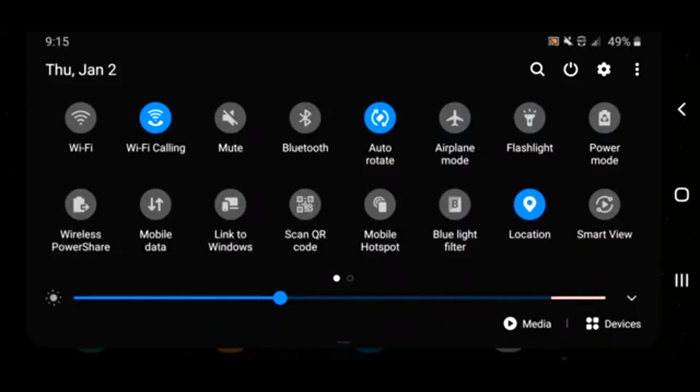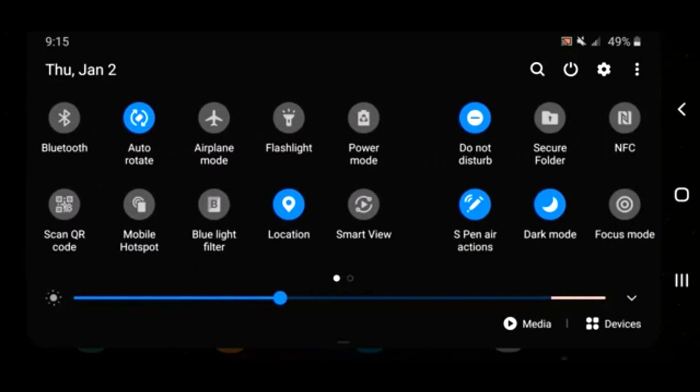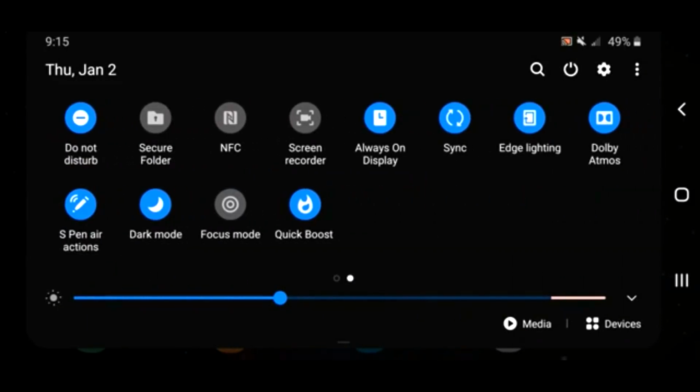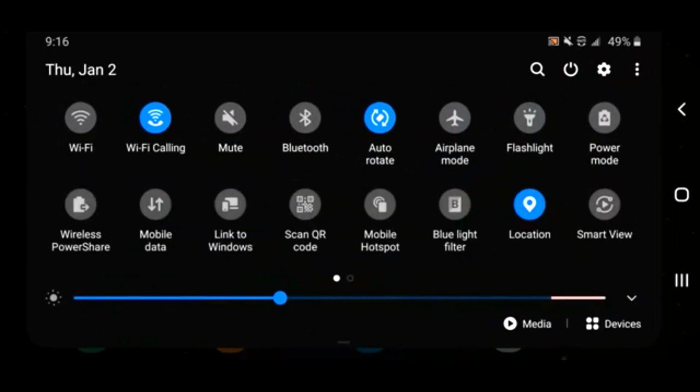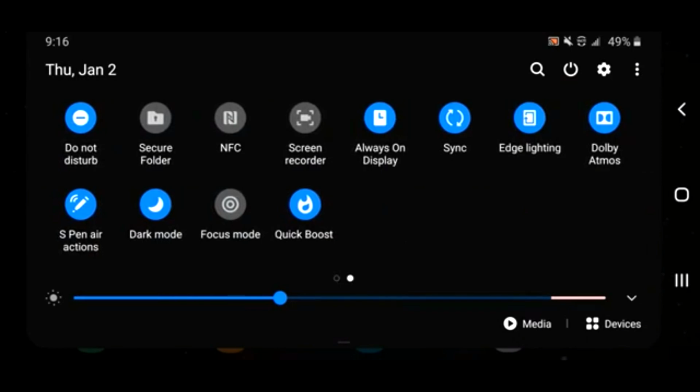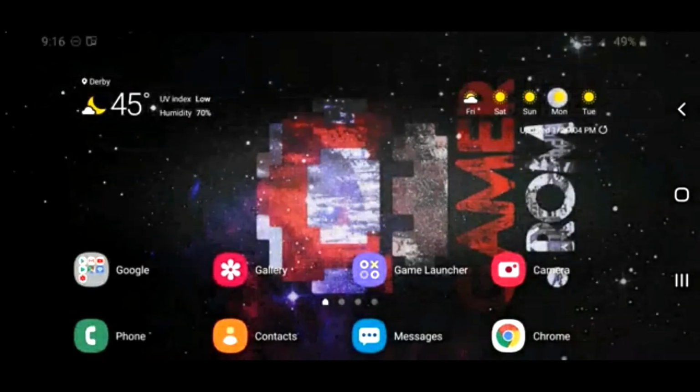The second thing I wanted to show you guys, something really cool, is that if you move all the way to the second page of your quick tiles, you're going to see two new modes that show up, called dark mode and focus mode. If you don't know what dark mode is, it's basically what you see on notifications, where it turns everything into dark mode. And focus mode, what this does is basically